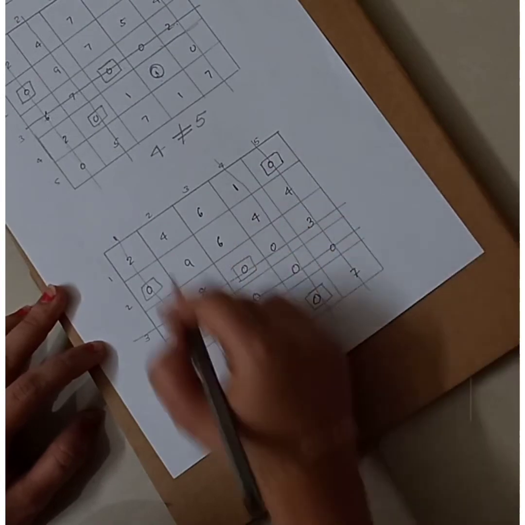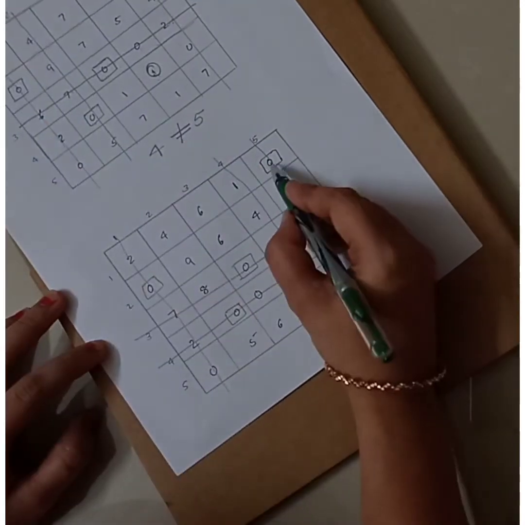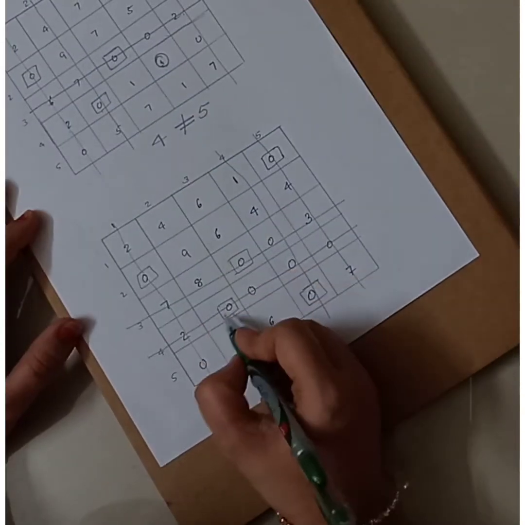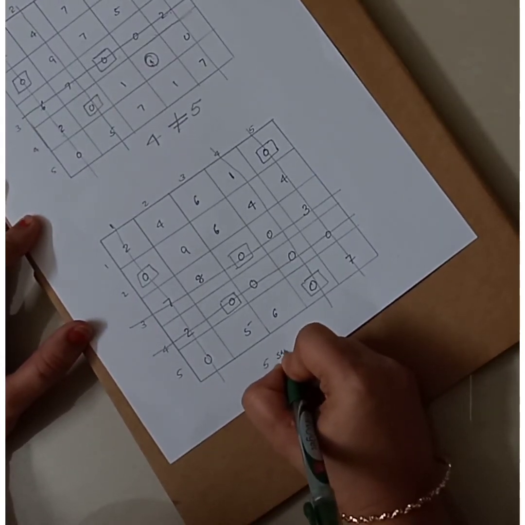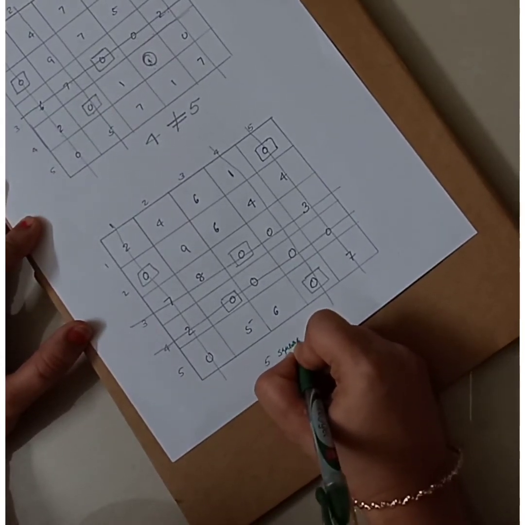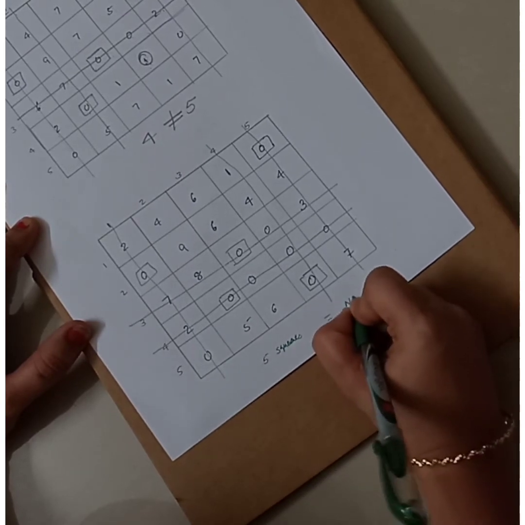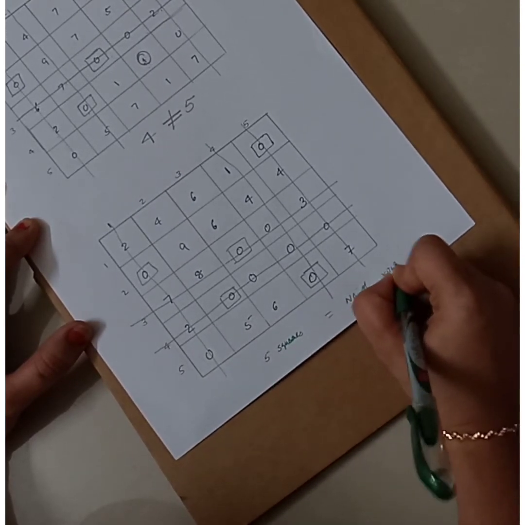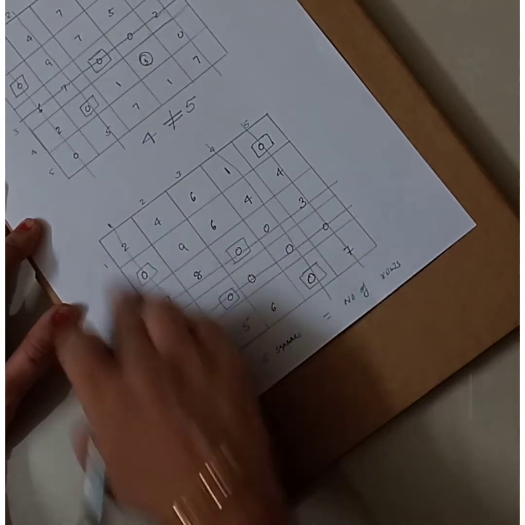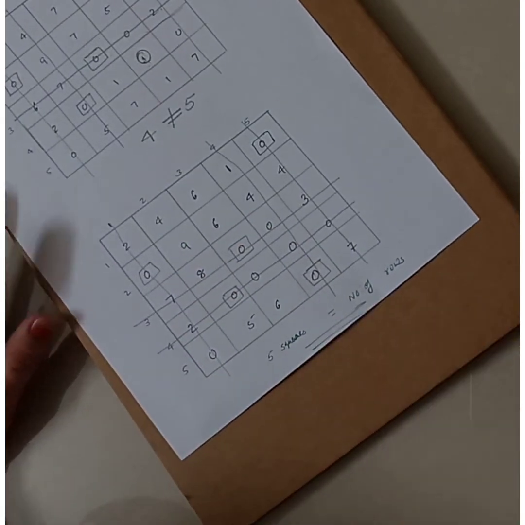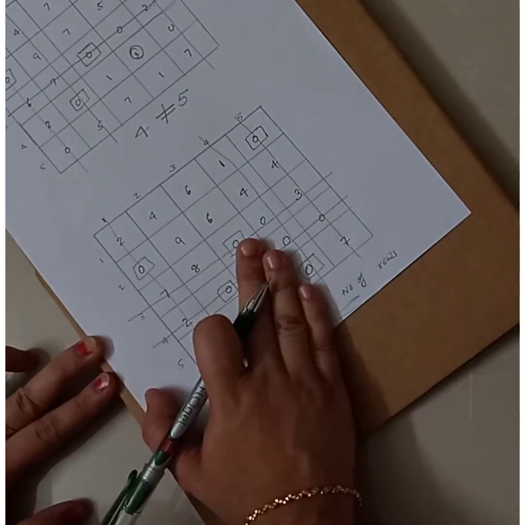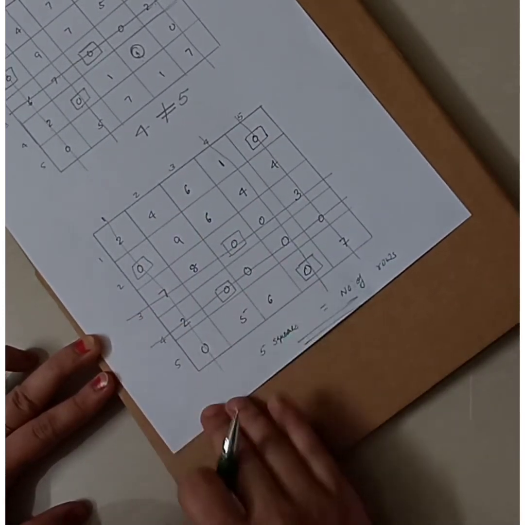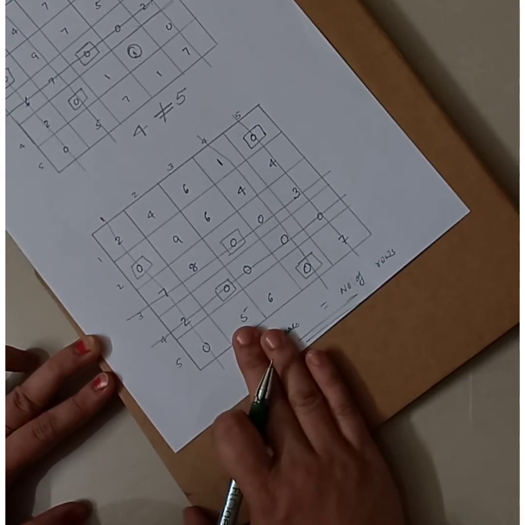Now look at the number of squares. How many squares are there? 1, 2, 3, 4, 5. Okay, so there are 5 squares, which is equal to the number of rows, right? So here the number of squares is equal to the number of rows, so optimality is reached. Fine. So now you have this optimal solution. So look at this. This is your optimal table, right? It has reached optimality, so this is the optimal table.